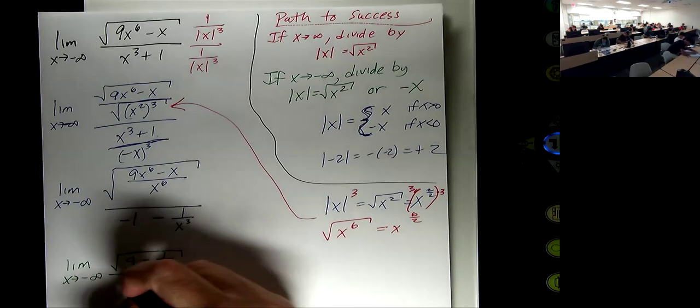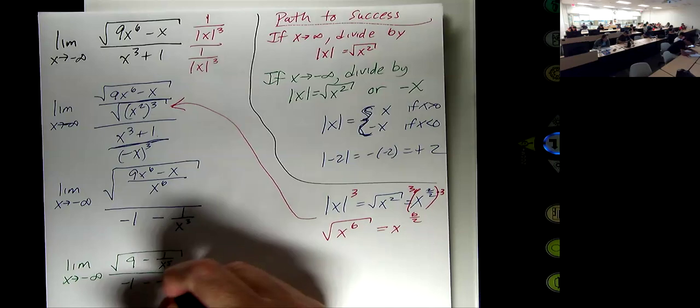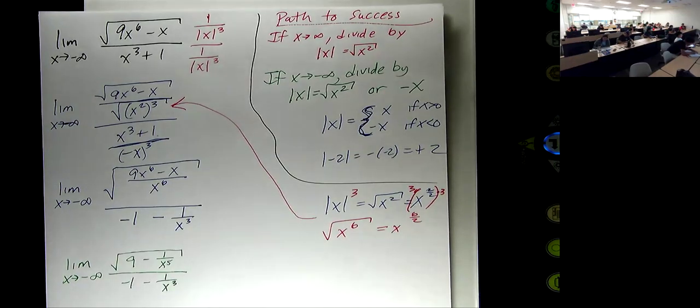And on the bottom, we have -1 minus 1/x cubed. Since it's going to negative infinity, can we just call 1/x 0 and bring out a 3 from the